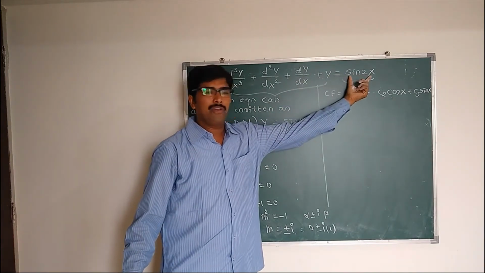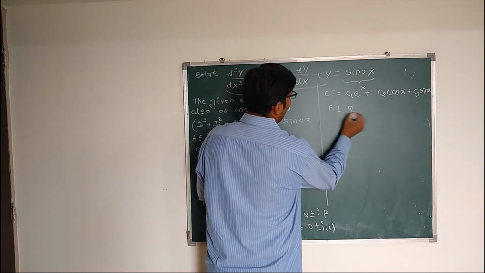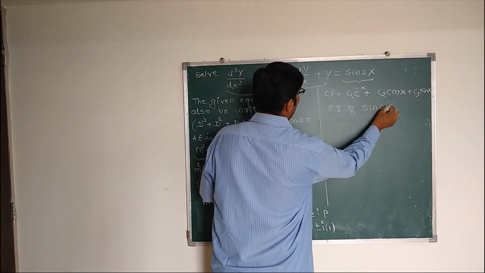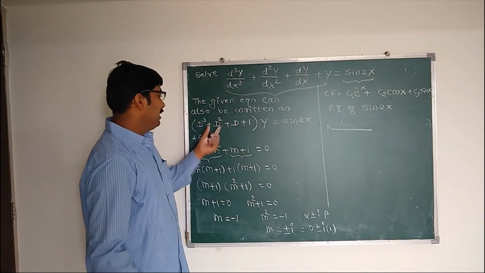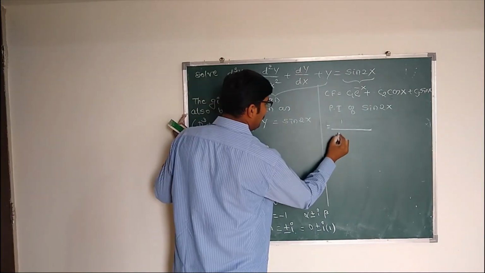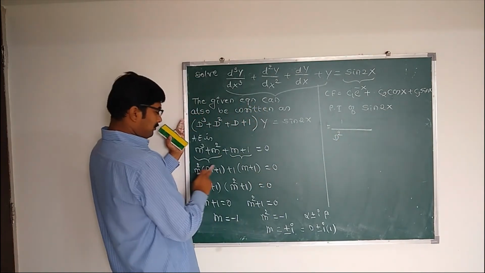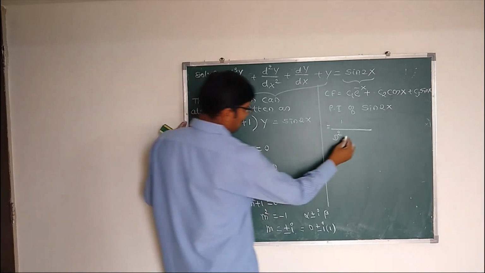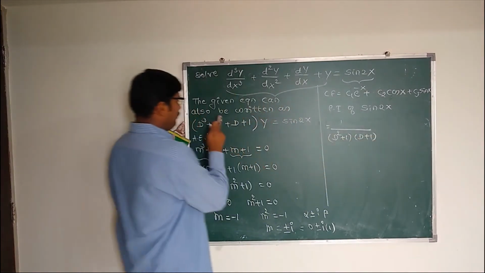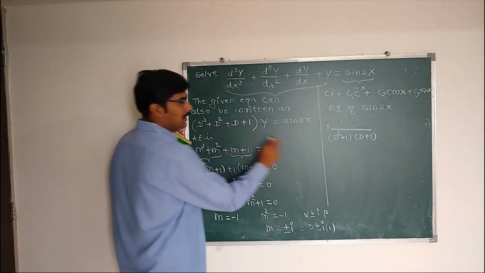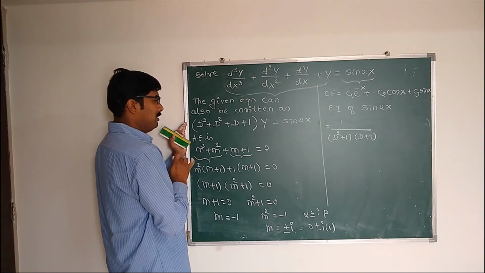Now you can find the particular integral of sin 2x. How to find? This is 1 divided by f of D. F of D value is D cube plus D square plus D plus 1, or I will write this part also as D square plus 1 into D plus 1. Both are the same. You can write it as D square plus 1 into D plus 1